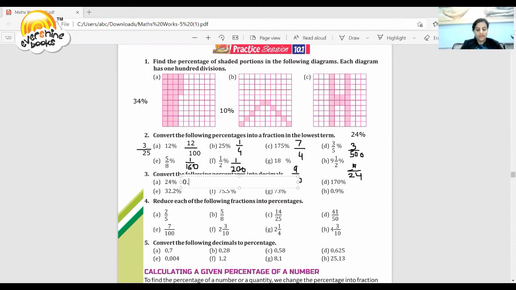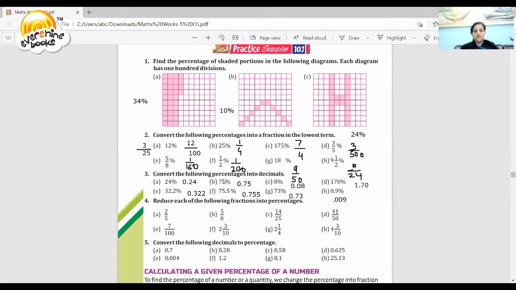So 0.24 is the answer. 0.75 is the answer. 0.08 is the answer. 1.70 is the answer of this question. When it is already given 1 point, then what we are going to do is